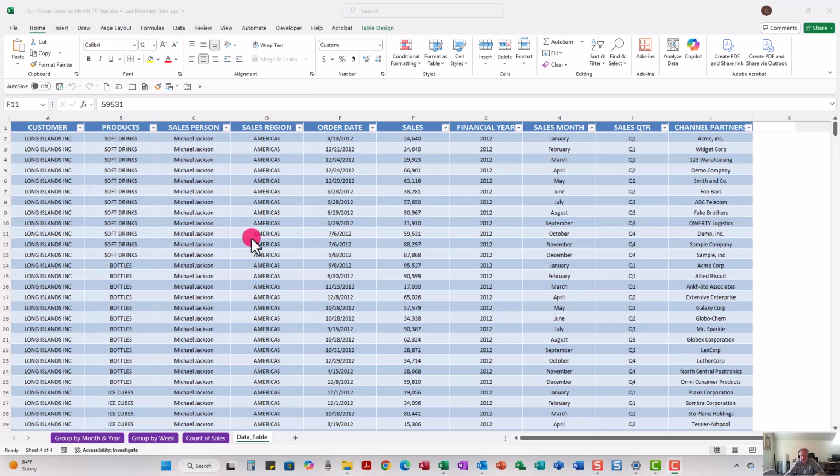So let's take a look at this first data list here. By the way, it is a table. I converted it into a table. The way we do that is we hold down the Control key, press the letter T, and that will allow us to bring it into table format. And there are a lot of advantages of that, which I don't have enough time to go into on this video. So I always like to take a look at the column headers, which are the fields that are going